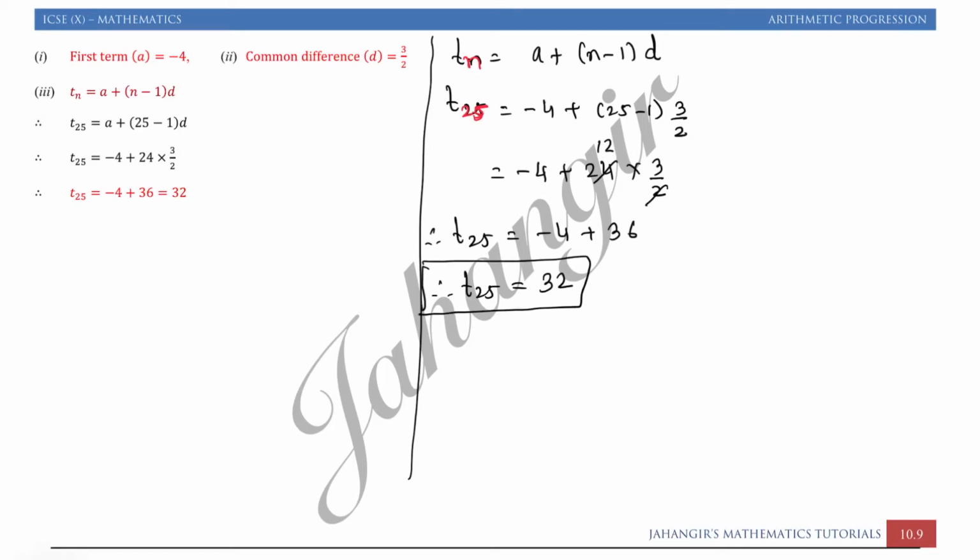So we got the answer. So in this question we had just shown that the given sequence is in AP by finding the difference between the consecutive terms. Then we found out the first term just by looking at the common difference, and then the 25th term. 25th means it's a specific term. So the 25th term of this sequence, if you just keep on adding 3 by 2 to it, you will get as 32.